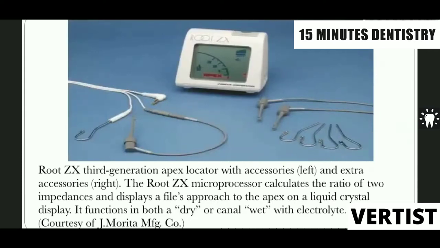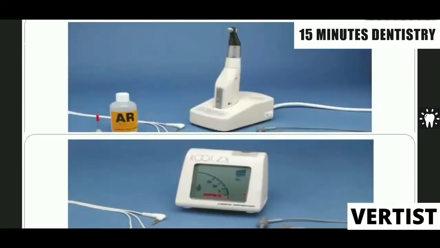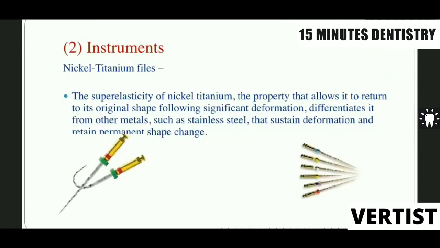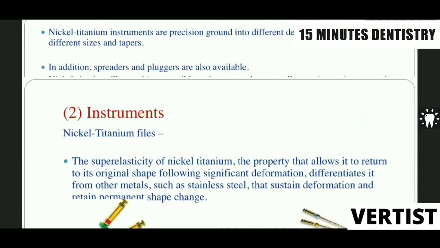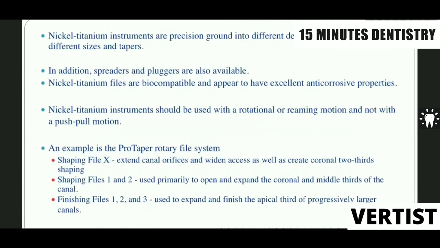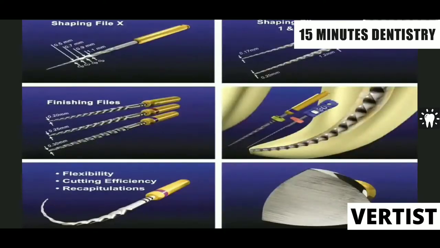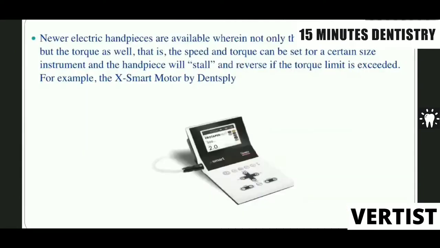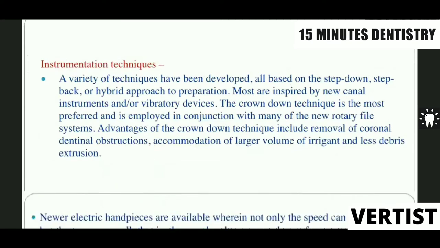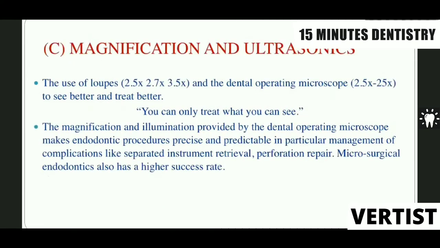The new generation is based on dual frequency and wavelength. In instrumentation you have the super elastic nickel titanium material, so those are the advances. And like your ProTaper, which have increased flexibility, different types of cleaning and shaping files, as well as your techniques, we have advances. And then the magnification and the ultrasonics are other additional things which you all nowadays hear